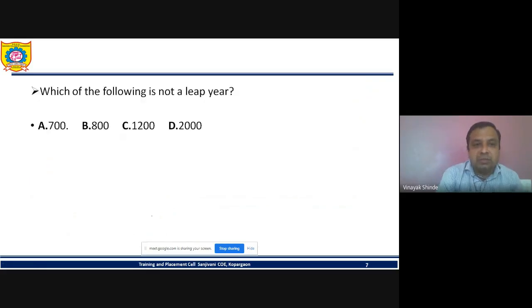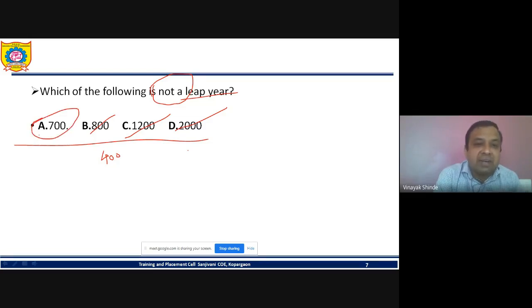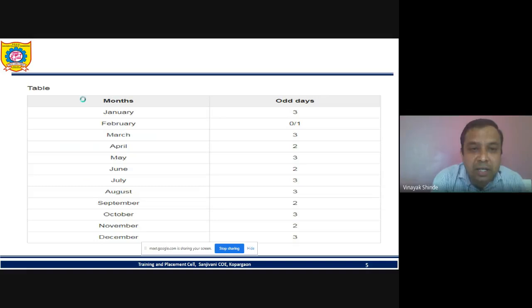Okay, I'll show you one question which was asked in L&T. Which of the following is not a leap year? How to find out? Just divide it by 400. 800 is divisible by 400. 1200 is divisible by 400. 2000 is divisible by 400. But 700 is not divisible by 400. That's why option A is the right answer. How simple a question was asked in L&T, right? Next,